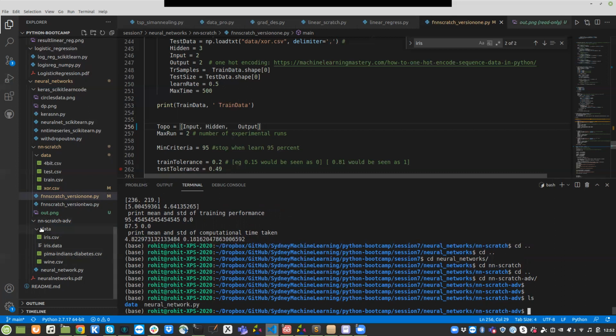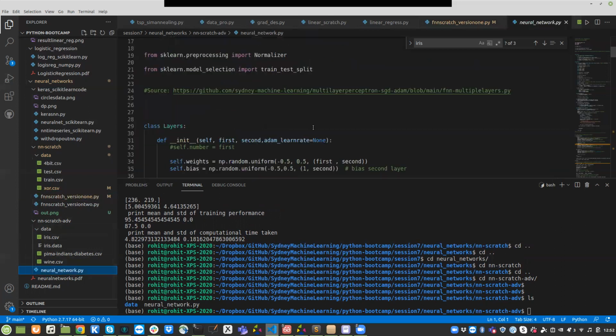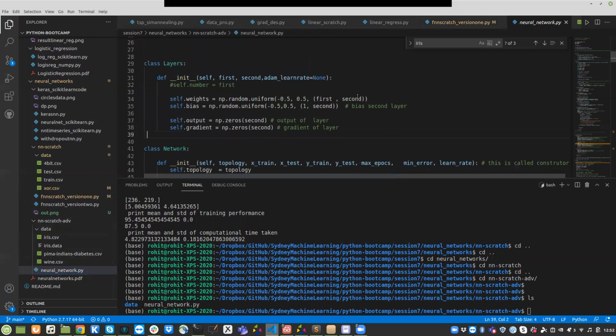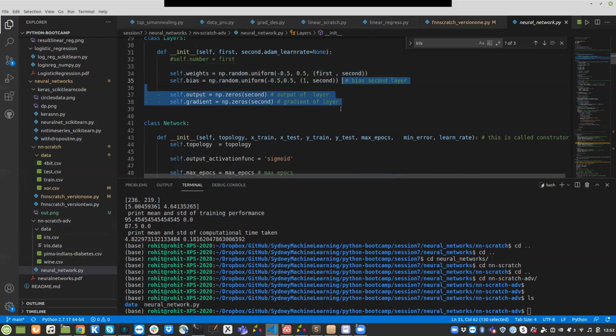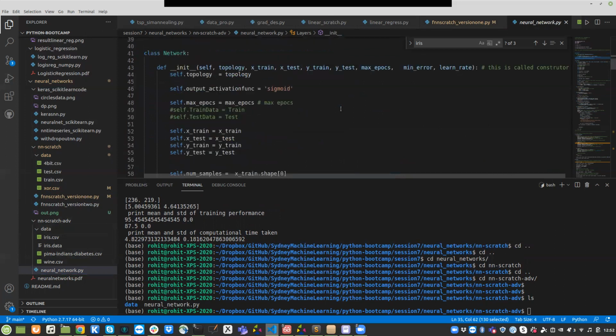Let's look at the data. So those are the data sets and there's a neural network file. So in the neural network advanced, we have a layer, class layers, okay? And in each layer, basically, we have weights and biases, outputs, and gradients, right? And then we have a neural network